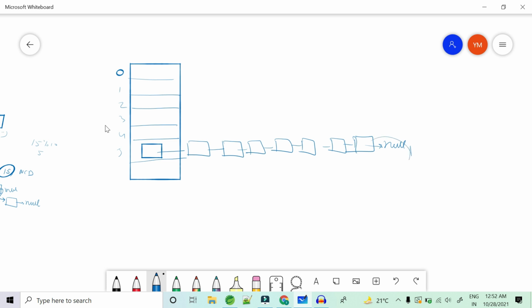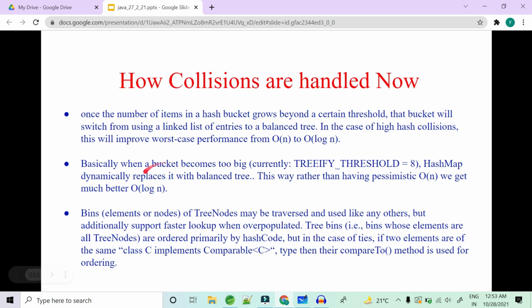It will be like the first node and then compared with the other nodes. So basically when a bucket becomes too big, that is, the threshold is reached, currently 8, the hash map dynamically replaces the linked list with a balanced tree. This way you have the better complexity of log n.